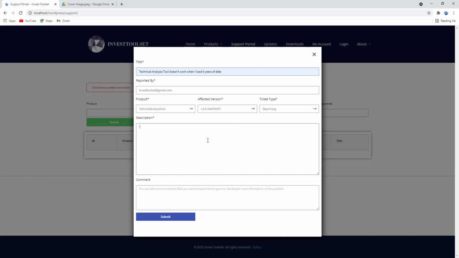This description is very important, because you're teaching us how to reproduce that problem. You can just say: step 1, log in to the application; step 2, click somewhere; and step 3, something is not working. It's flexible how you format it, just put it in. Comments, you can leave empty, and you submit this form,